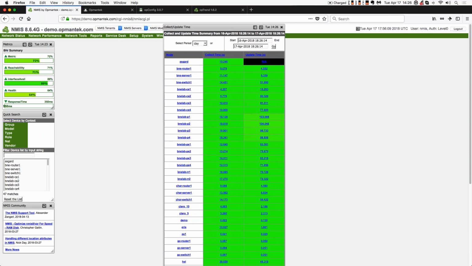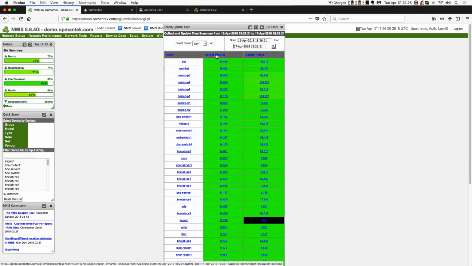Now you can sort this by clicking on each of the column headers. So I'm going to click on collect time. And what you want to look for is the devices that take the most time on collection, and try to understand why they're taking as much time as they are. Now, the 2 devices here that are exceeding 20 seconds,